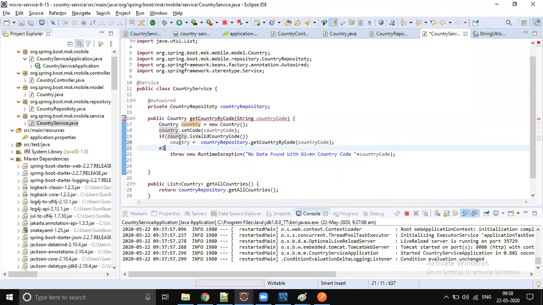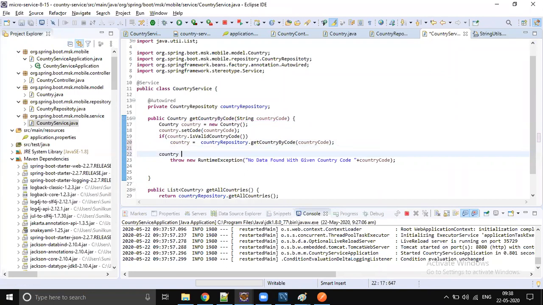Yeah. So if it is not null, then return the country. If it is null, throw the exception, right? If it is not null, return the country.